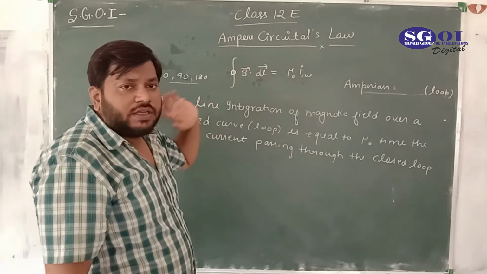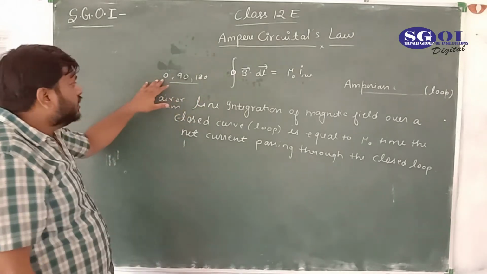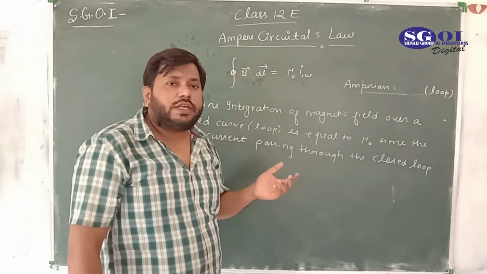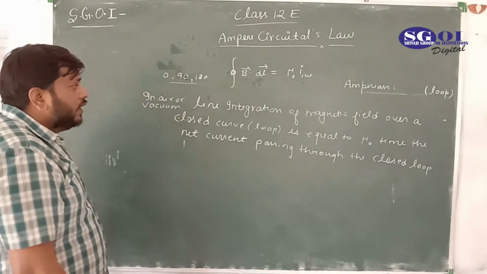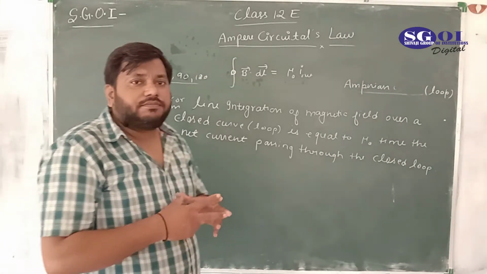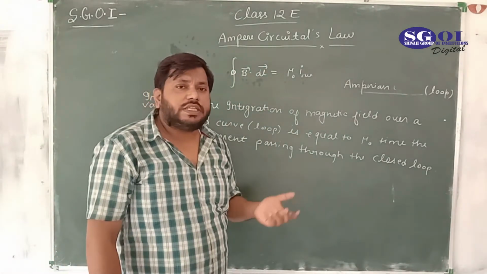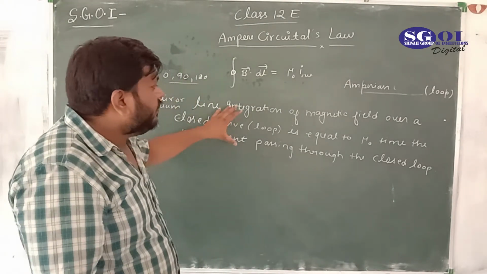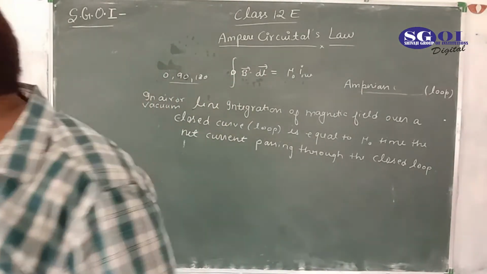and theta is the angle between both the vectors. Here B and dl are the vectors, the angle between them is theta, and the value of theta would be 0, 90 or 180. And if it is 90, we know that cos 90 is 0, so the integration would be 0. When we derive the magnetic field by the help of Ampere circuital law, you will see how we would assume an Amperian loop. So first of all, we would derive the Ampere circuital law. So let's start the derivation of Ampere circuital law.